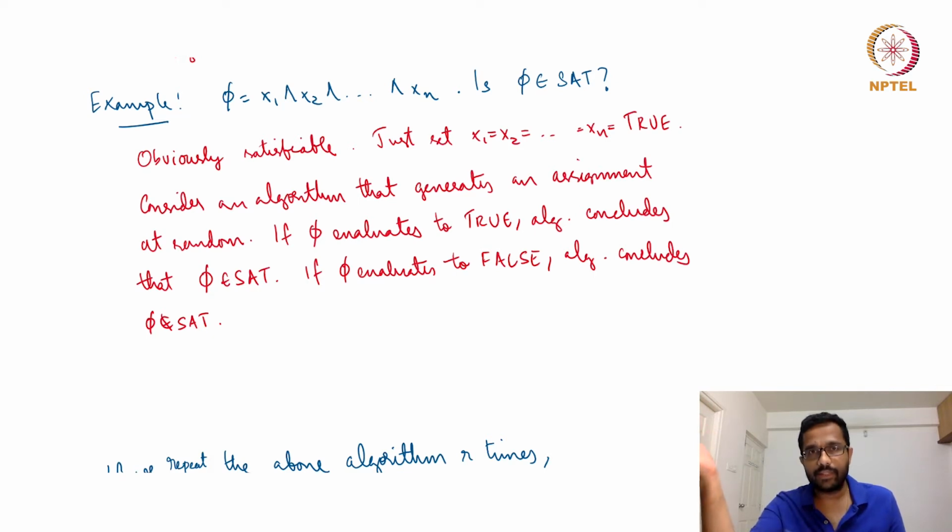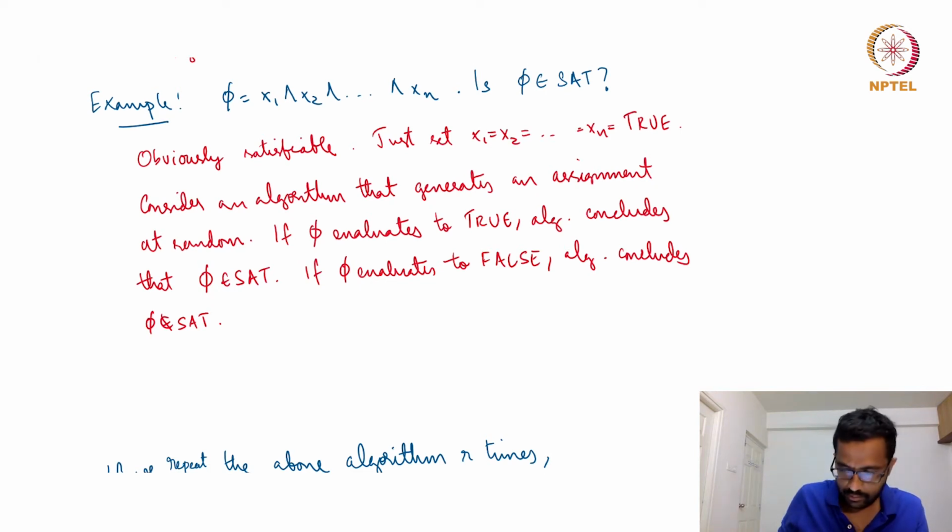There is only one assignment, which is setting x1, x2, x3, everything to true. That leads us to concluding that phi is in SAT, right? So there is only 1 out of 2 power n assignments that will lead us to conclude that phi is in SAT. For all the other 2 power n minus 1 assignments, we will conclude that phi is not in SAT. So the probability of success, at least for the above formula, for the above phi